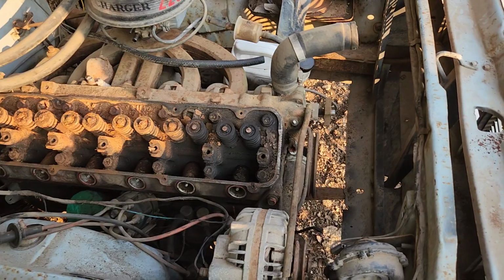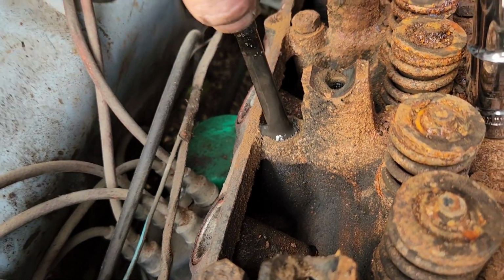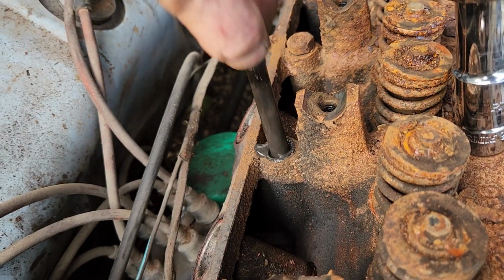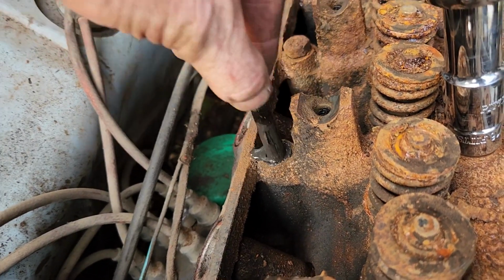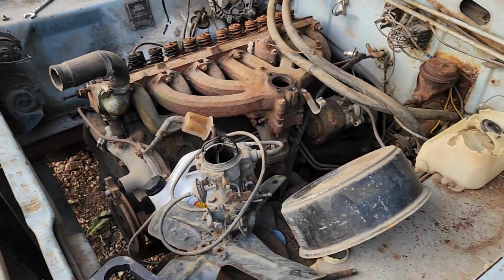Well, let's see if we can make an ass of ourselves a little bit more. This one will even give you a little bit more, as you see the oil coming clean out of that. Interesting. Well, I got most of this thing ready to come out,